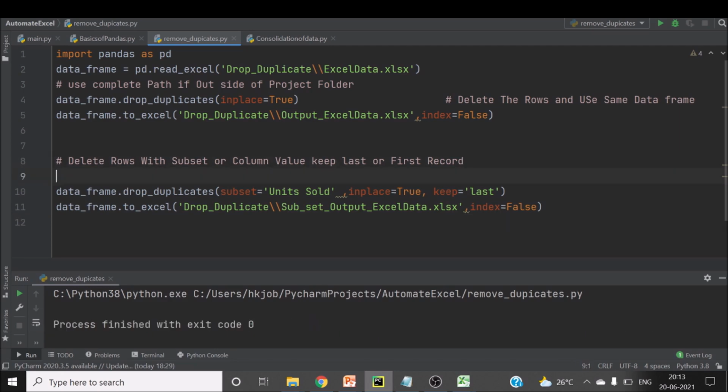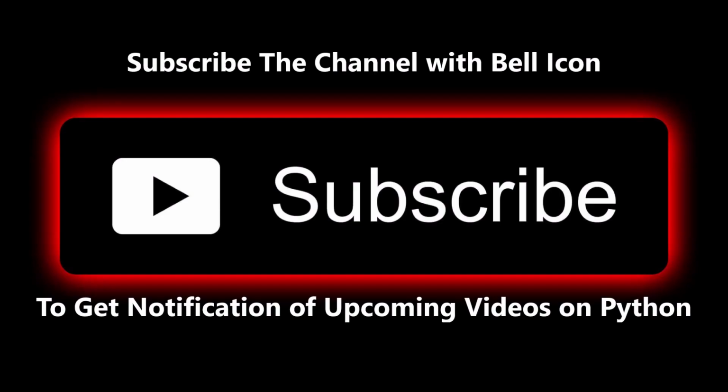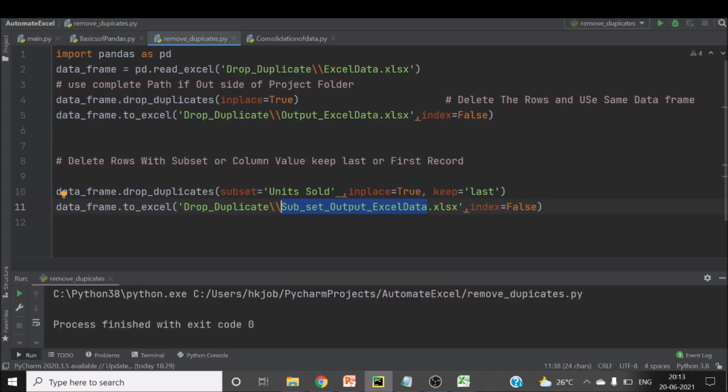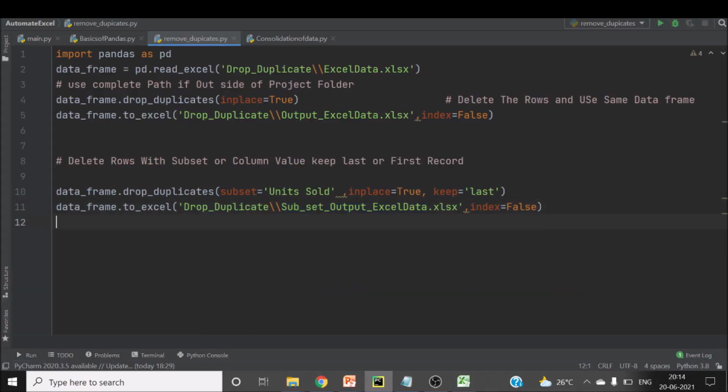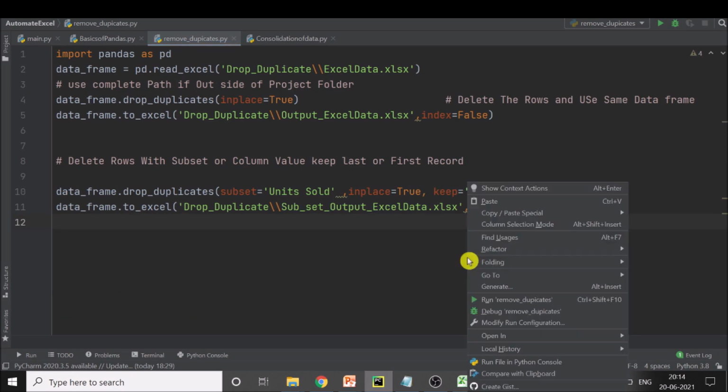If you want to keep the last record, you have to mention here last. If you want to keep the first record, you have to keep here first, depending upon your requirement. And then you can notice that I have kept different names for the files. This is different and this one is different. Okay, so now let's run and see the output.